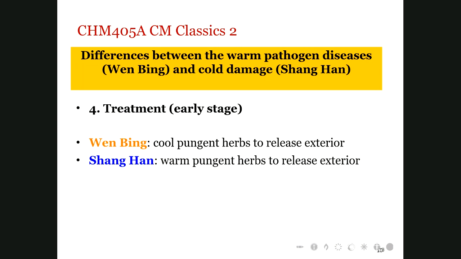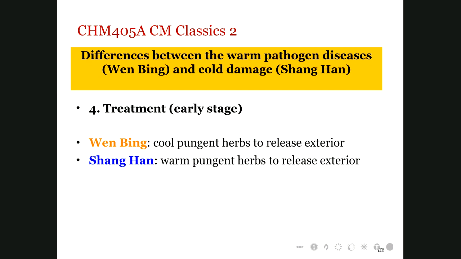Now, for the treatment regarding both Wen Bing and Shanghan, because fever is dominant in Wen Bing, cooling aromatic herbs will be introduced at the beginning in the Wei level to enhance perspiration. Still similar, diaphoretic will be introduced as a major therapy. But for Shanghan, you cannot use cooling, but you still use aromatic pungent, warming aromatic herbs to enhance